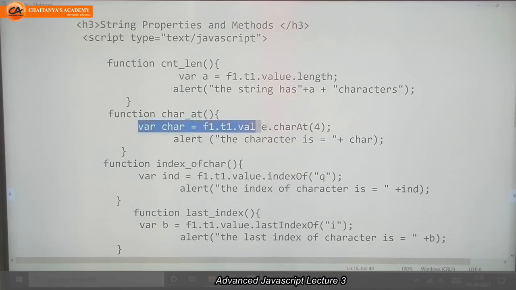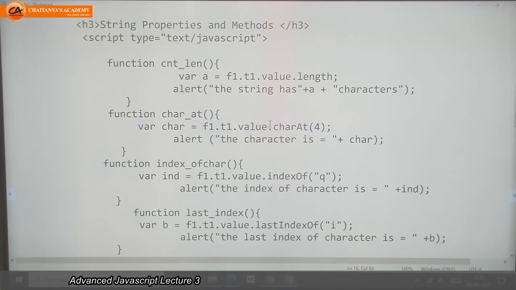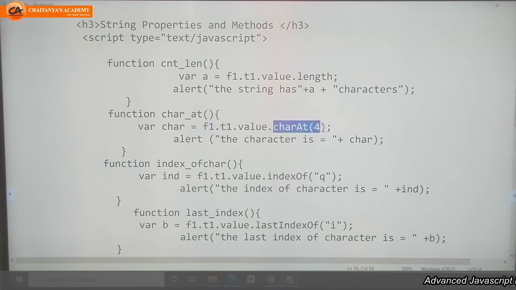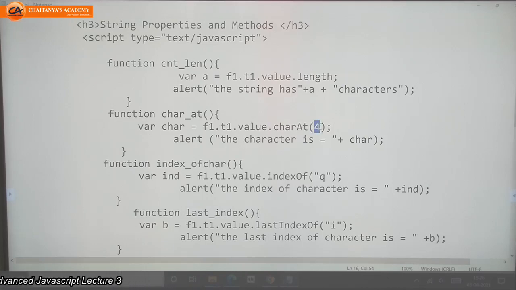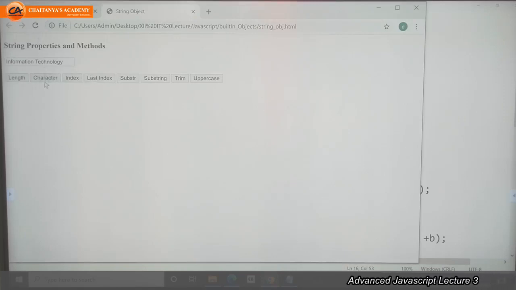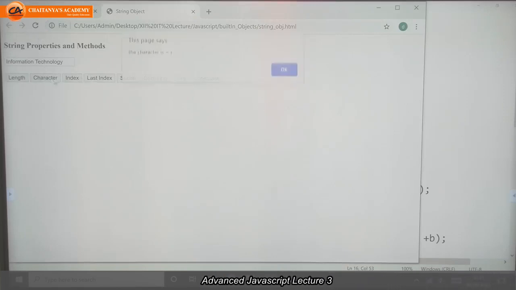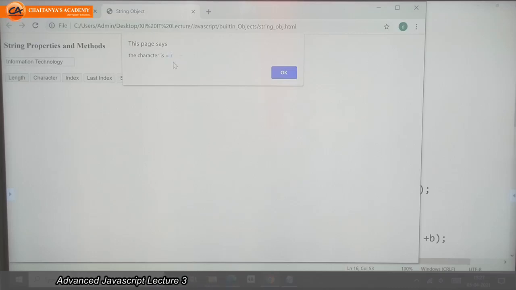I took one variable where I assign the value of the text box on my form, and then the method name with brackets. Here the number indicates the index number, which character you want to return. I want to return the fourth character. Once I click on character, the fourth character is R.